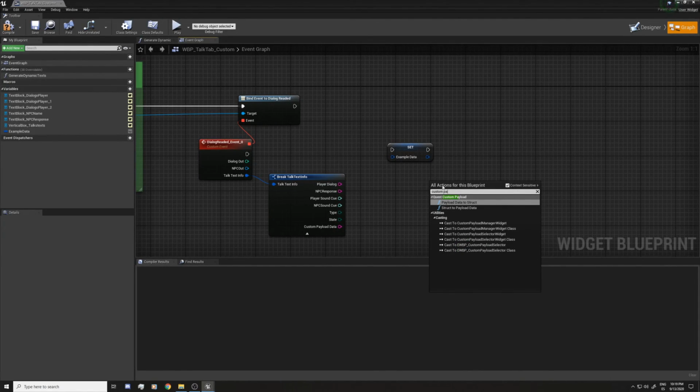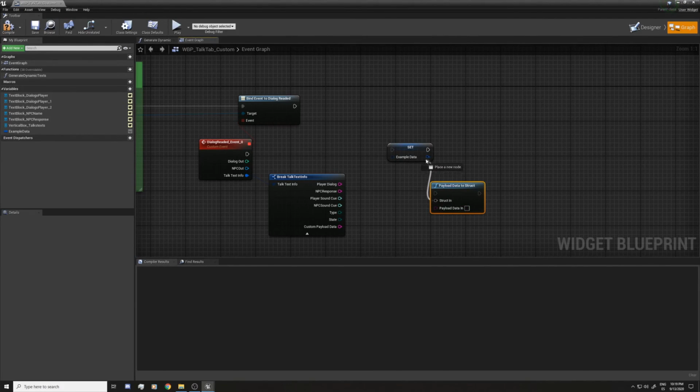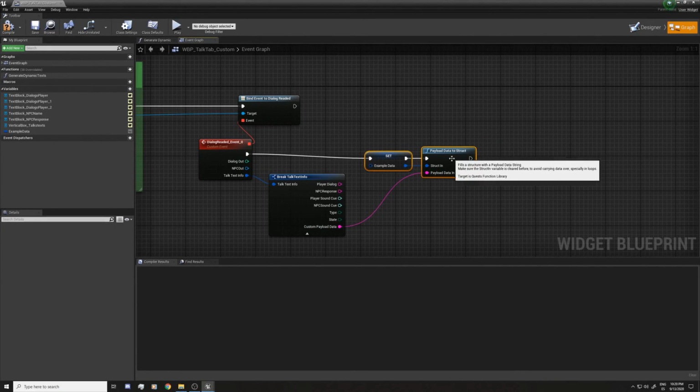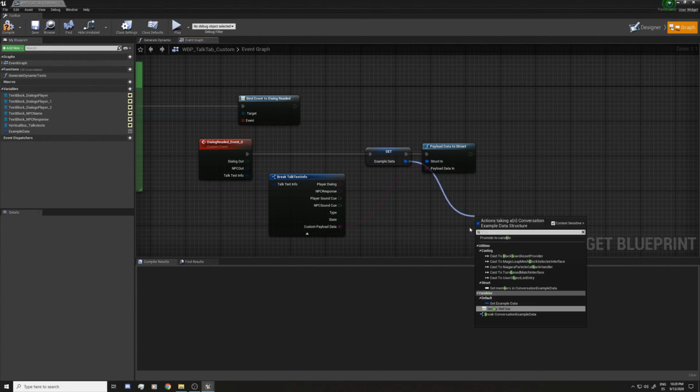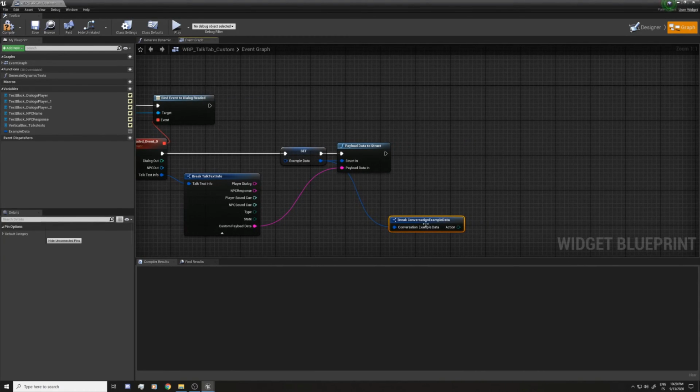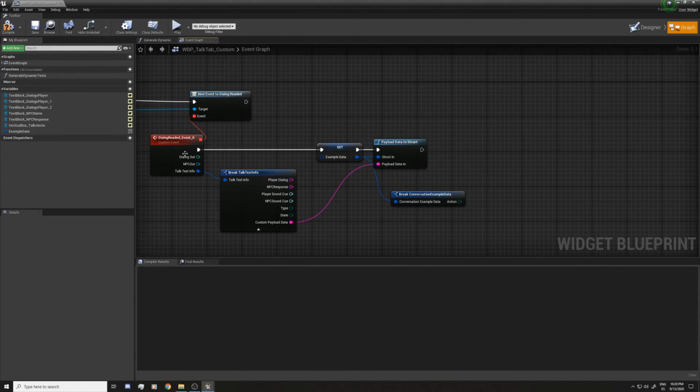and now if you guess it, I'm gonna use a custom payload data to a struct. I'm gonna connect it like that, and connect the data, and now you have access to the action of the reader talk text.